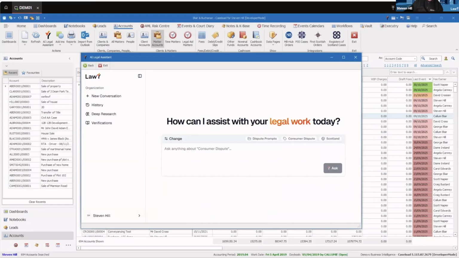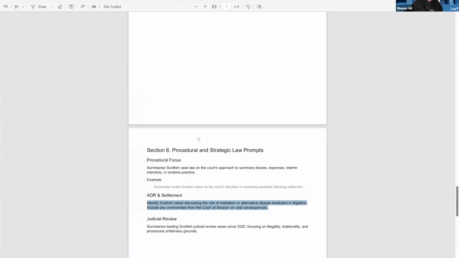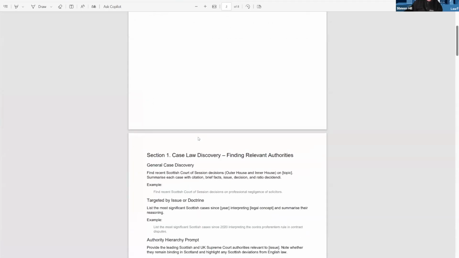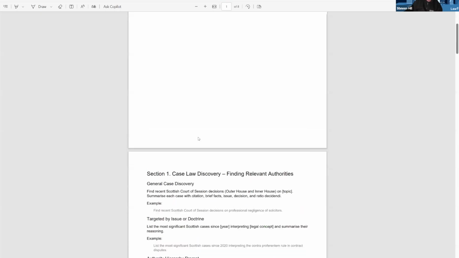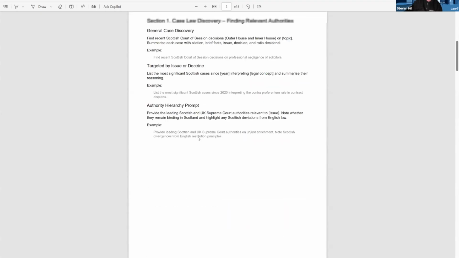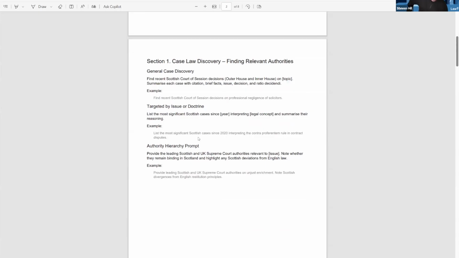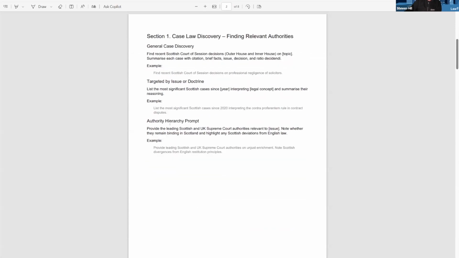I'm just going to move tabs a second into this one here. Again, I've got a few different options that might be of use. It's a dispute resolution prompt library. It might be case law discovery, general case law discovery, where you want to find recent Court of Session decisions based on a particular topic. You might want to be targeted by a certain issue, or you might want an authority hierarchy prompt where